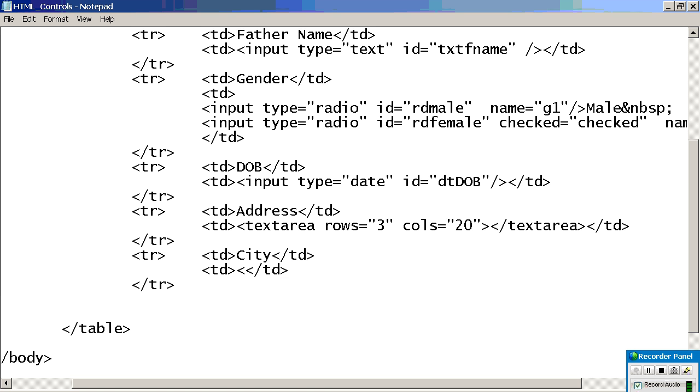So in that situation, for city, I want you to select from a drop-down list. Then what is the control name? Not input type. Now the controls are changing. Select. Yes.